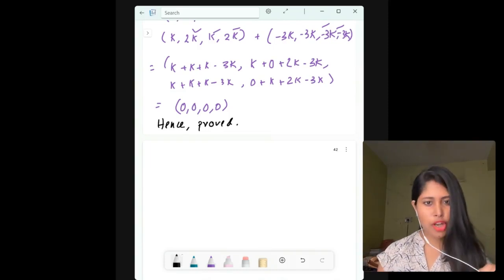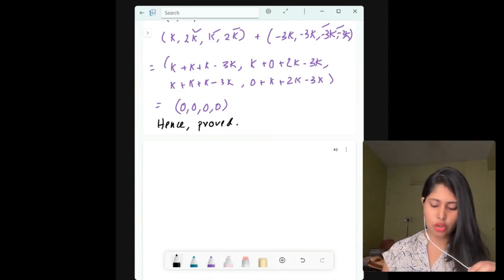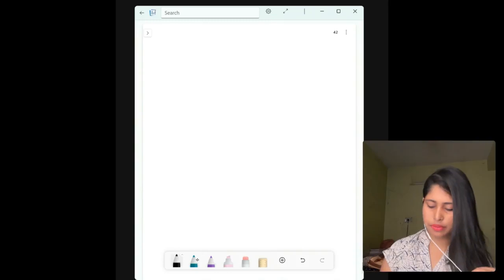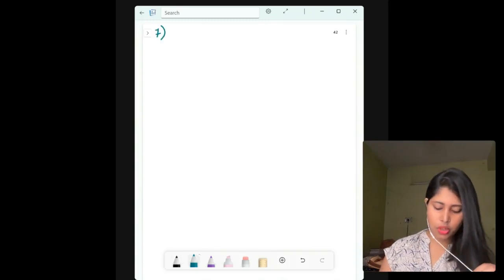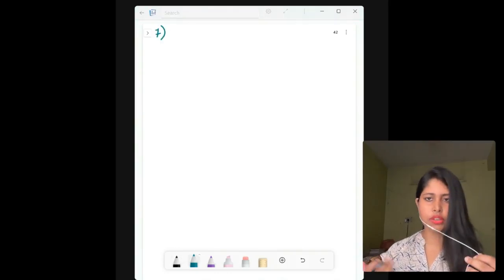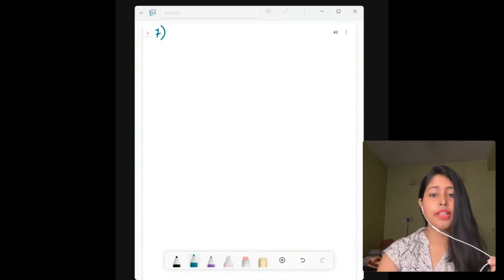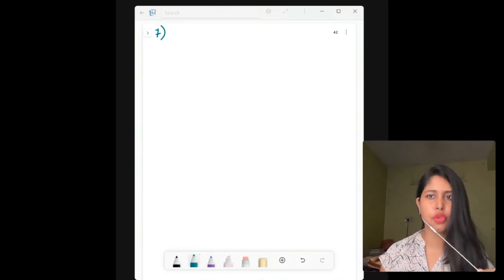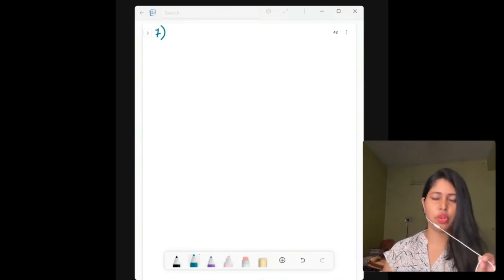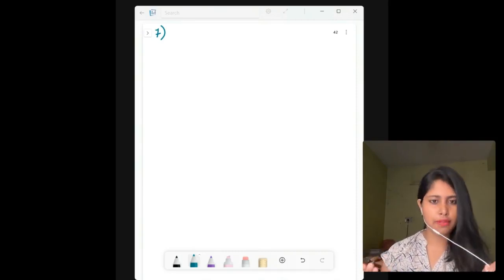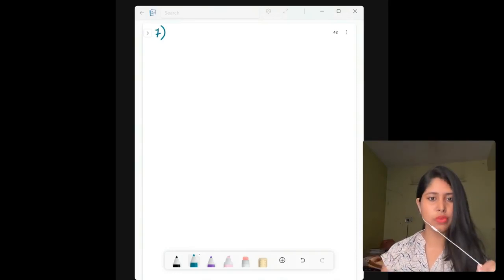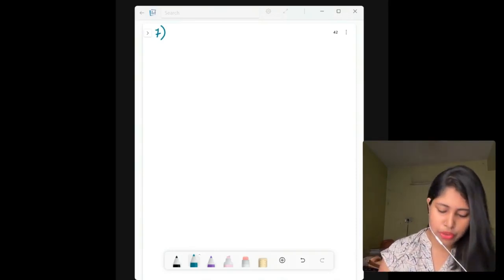All right, now coming to the next question of today's class, question number 7. Question number 7 is again on a linear dependence problem. This is a little bit different because we have to find K for linear dependence in R3. So we do not know the value of K. We will find what K is here. Okay, so let me write the problem.